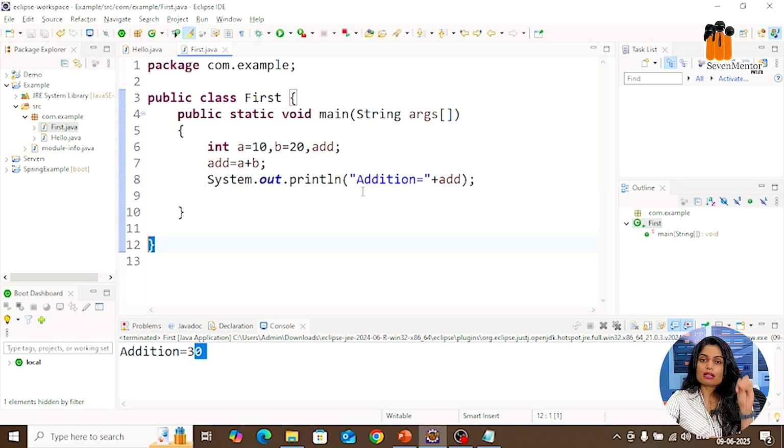Same like that, java.util has multiple classes, and from the list of classes we found one, that is the Scanner class. Simply, the Scanner class is used to take input from the user, and it is found in the java.util package. How can you use the Scanner class? Let's see with some examples.